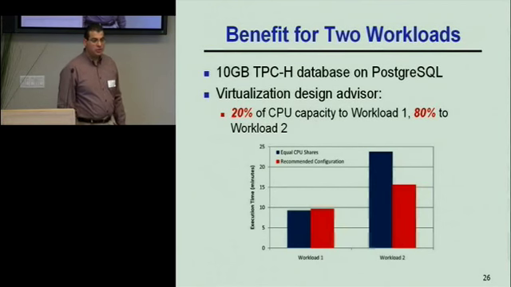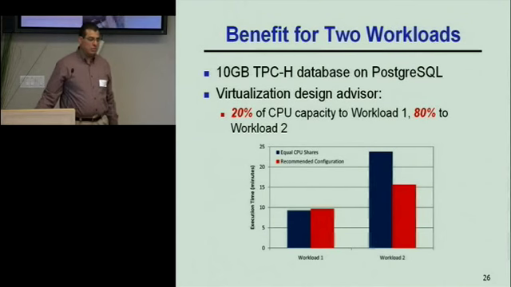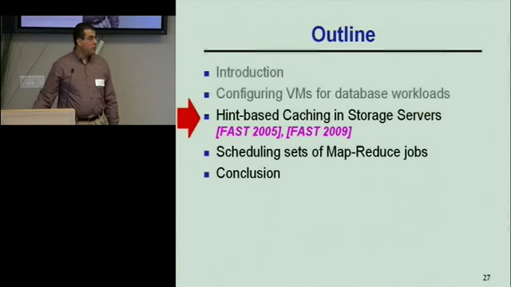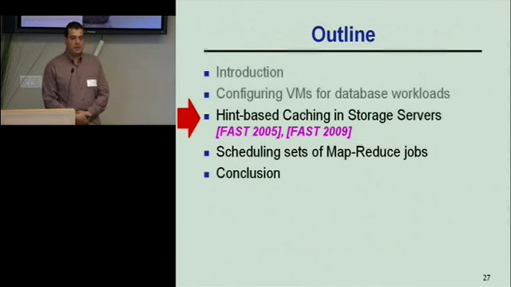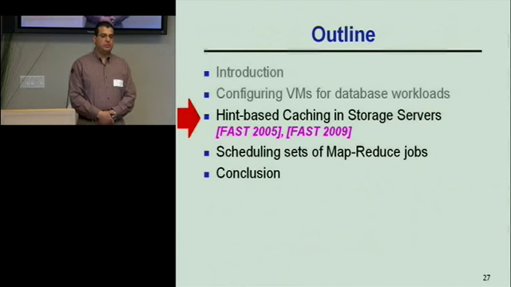Okay? So there's more details about this, and the papers that describe this are on my website if you're interested. But basically, this is the general idea. Expose the query optimizer cost model, make it virtualization aware, use it in a configuration advisor that uses a simple algorithm to achieve your performance goals. Okay? So this was the first example of application-informed tuning.